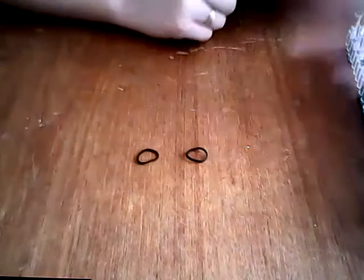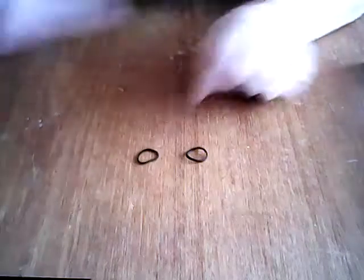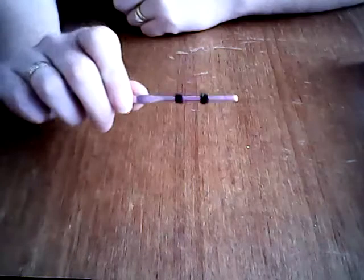The next step is his eyes. So if you need more time to do the extension bits, then just pause, that's fine. Come back when you're ready. I'll still be here. So 2 single black bands, and then wrapping them 3 times around your hook individually, like this,